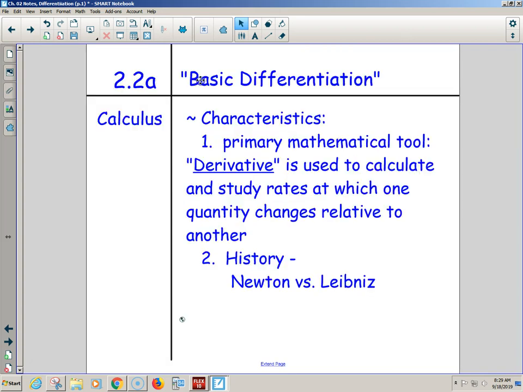Alright, homework questions. Here we go. Section 2.2a. Basic differential. Ooh, if there's an A, what does that mean? There also is a B, which means it was a hard section that I determined was better to split up. Which means there are 2 homework assignments, and probably this is the first one, the easy one. And also the easier one.